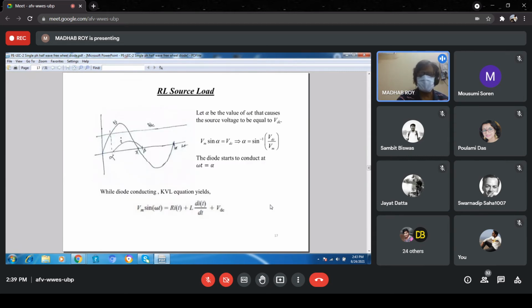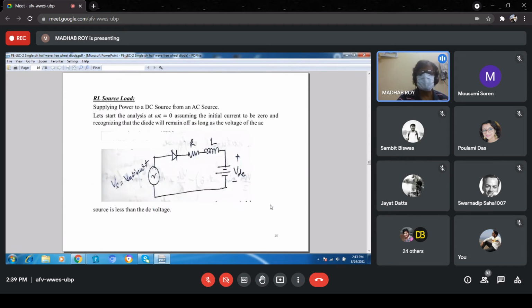Now we go for another application, where another DC voltage is applied here. So this is called RL with a DC voltage source, sometimes a battery, you can say that a battery is given here. Okay, this is a battery. Earlier it was simply an RL load, now we can put a battery. Basically, it can be a battery charging circuit also.